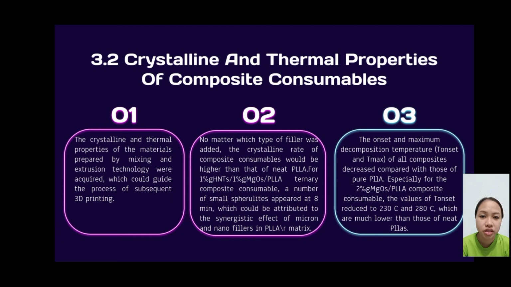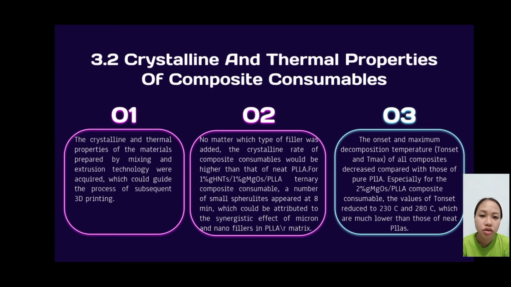For 1% GHNTs, 1% GMGOs, PLLA ternary composite consumables, a number of small spherulites appeared at 8 minutes, which could be attributed to the synergistic effect of micron and nanofillers in the PLLA